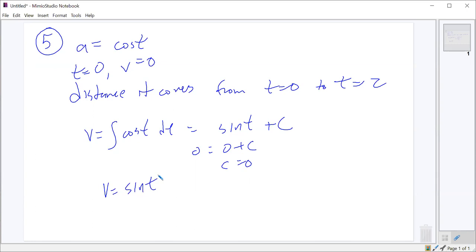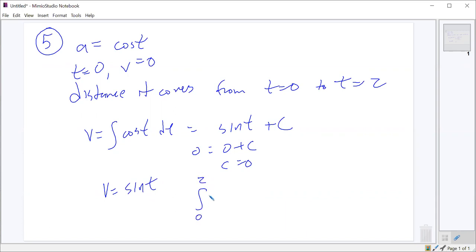In order to figure out the distance that it covers, well, the good news is, since we're talking from t equals 0 to t equals 2, sine is always positive from t equals 0 to t equals 2. It's always positive from 0 to pi. So in order to figure out the total distance that it covers, all we have to do is just integrate